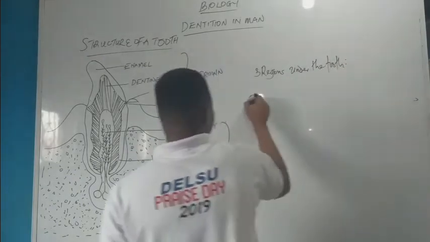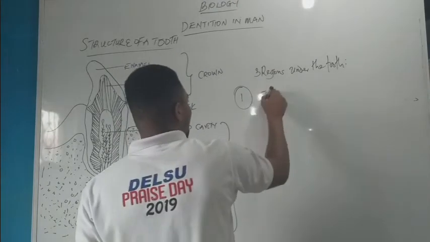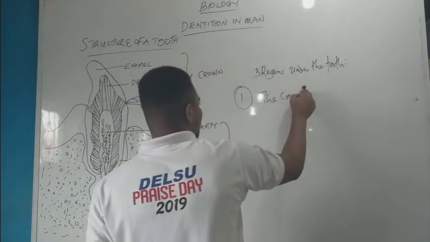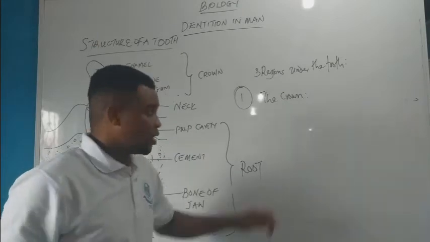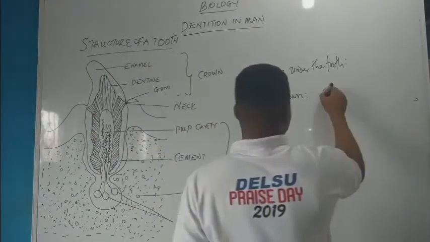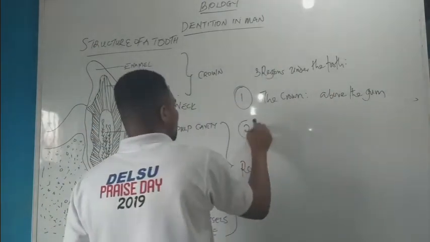Now, the first region is the crown. The crown is the region above the gum. The second region is